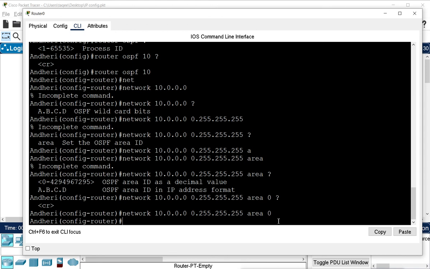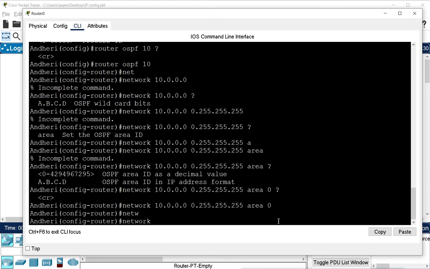Now I will introduce the second network, that is network 20. Again we have to mention the wildcard bit. It is a class A network, and in a class A network the default mask is 255.0.0.0.